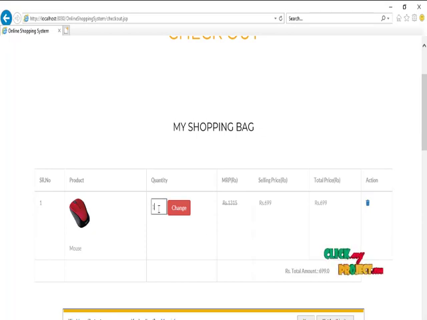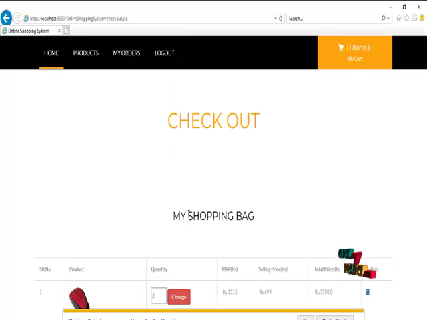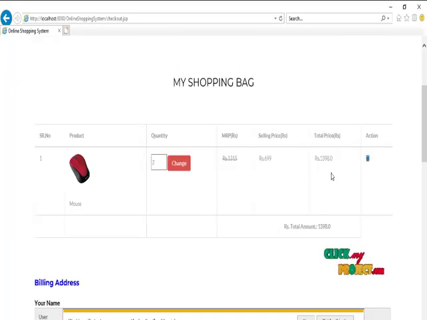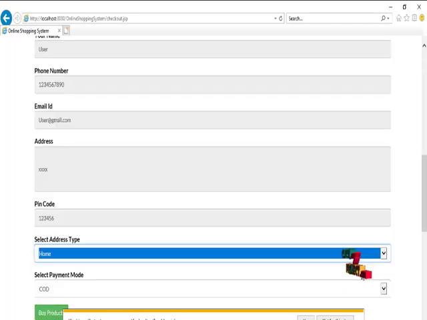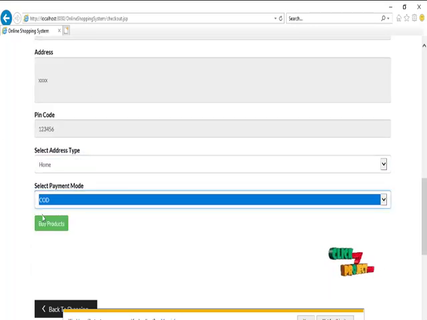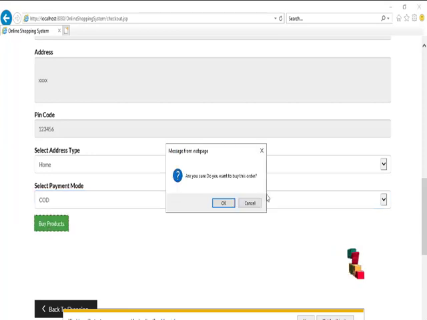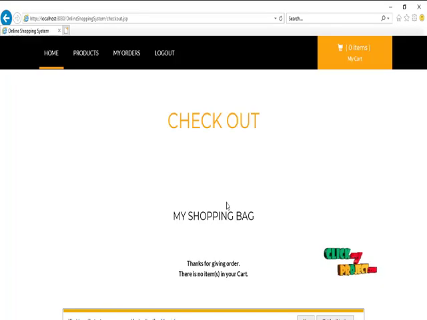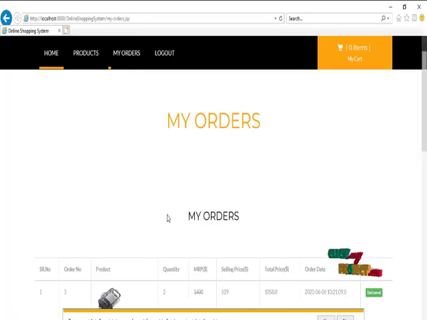If you want to change items, you can change them, and then it shows the total price, and then select the payment mode and click buy products. Are you sure you want to buy this order? OK,